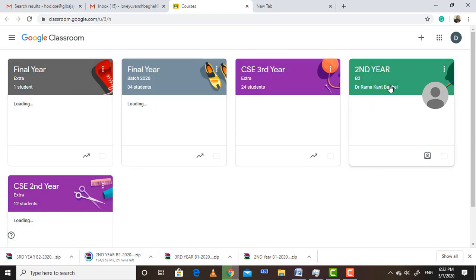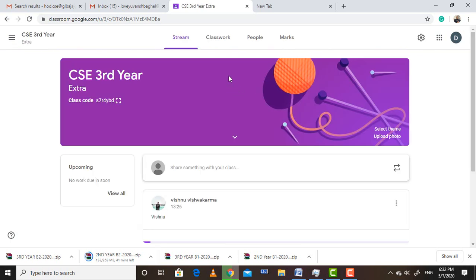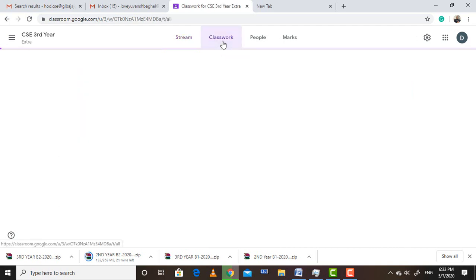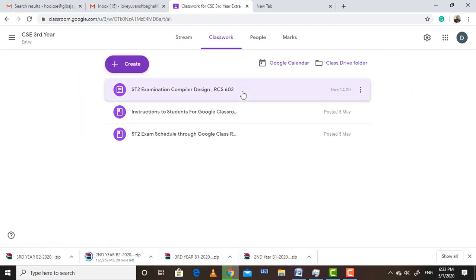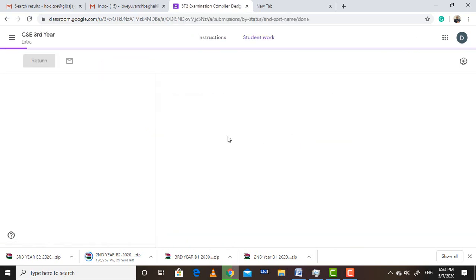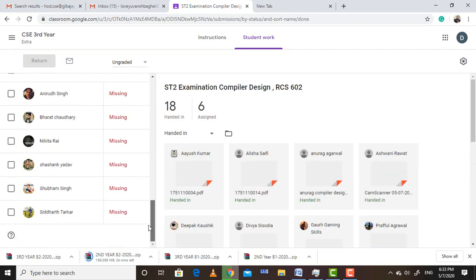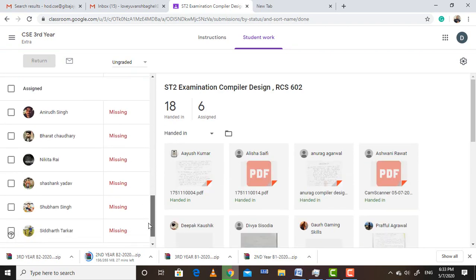And suppose we have this class, CS third year extra. This is my class. This is for the subject compiler design, and the faculty member who taught this subject is Engineer Sanjeev Agrawal. So now I go to the classwork and I see 18 students had handed in the assignment and 6 students are missing the assignments.